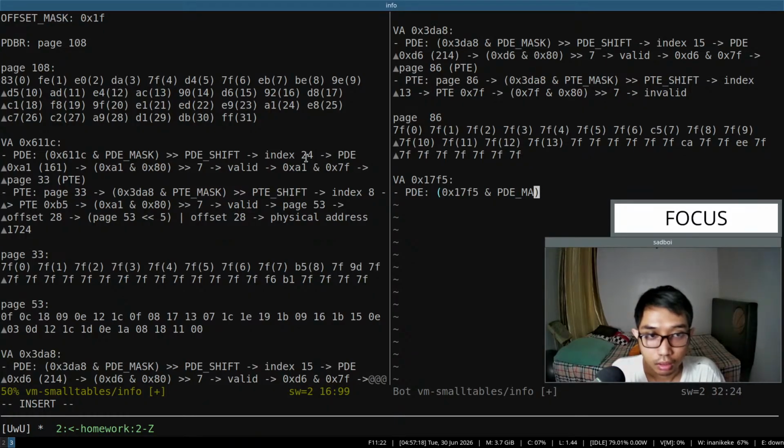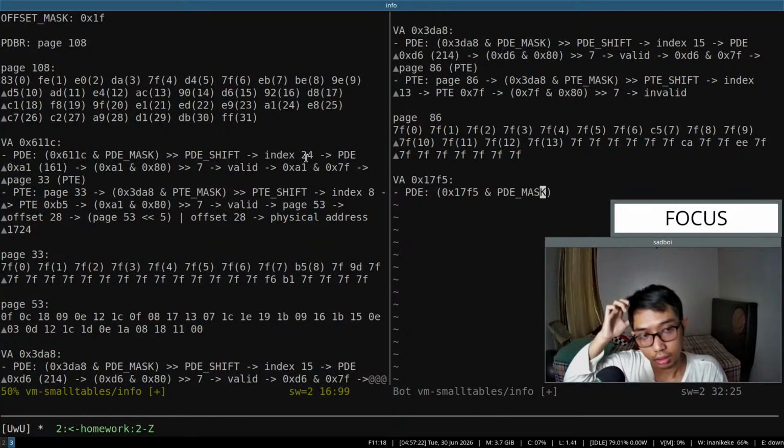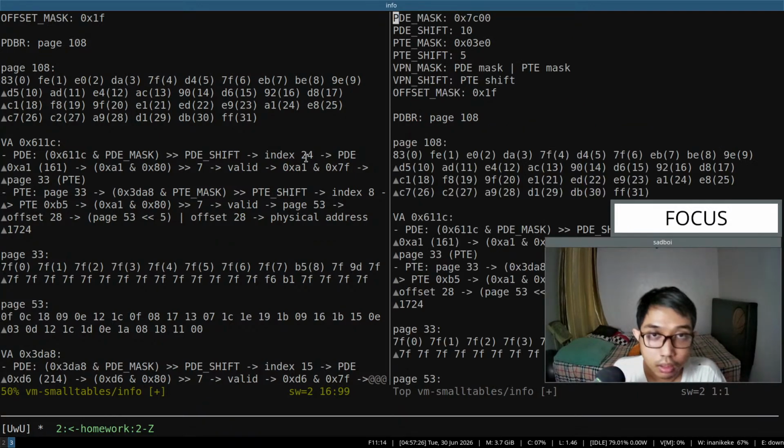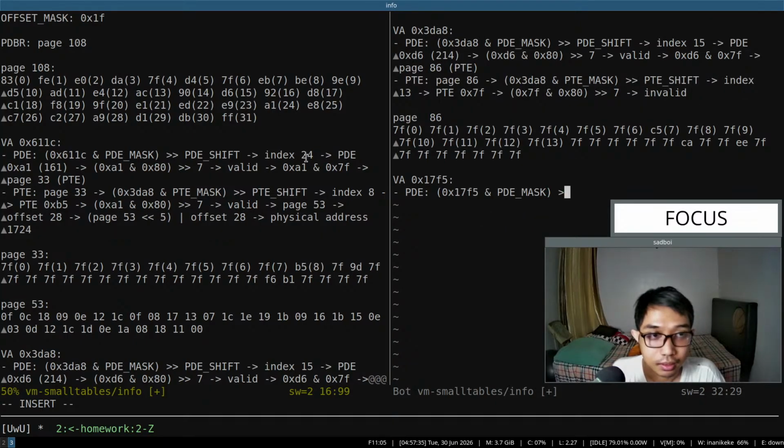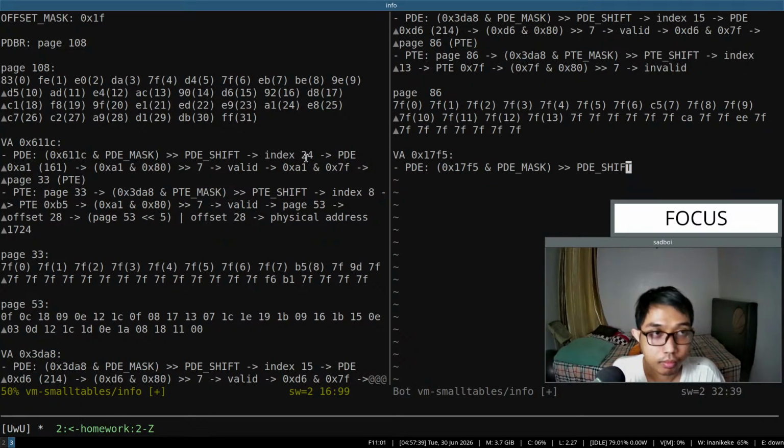Page directory entry max. It is, I guess 10. Oh, yeah, this one. I mean the shift. The shift is the 10. So this one is